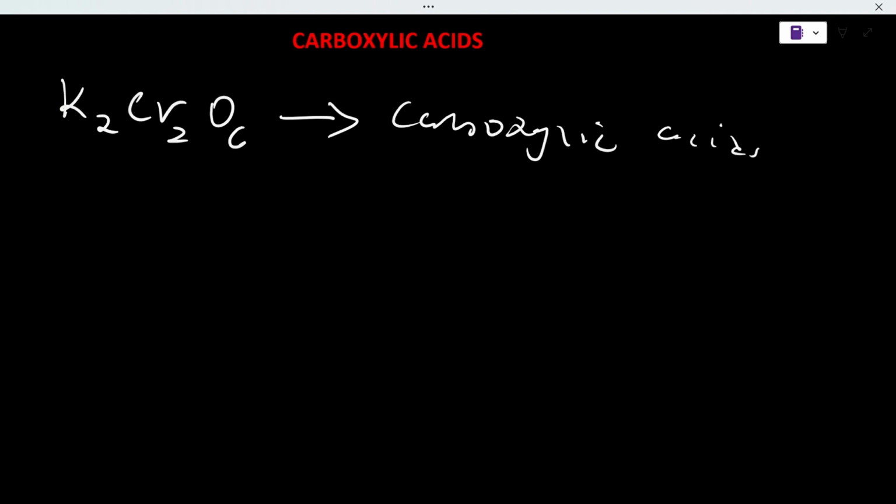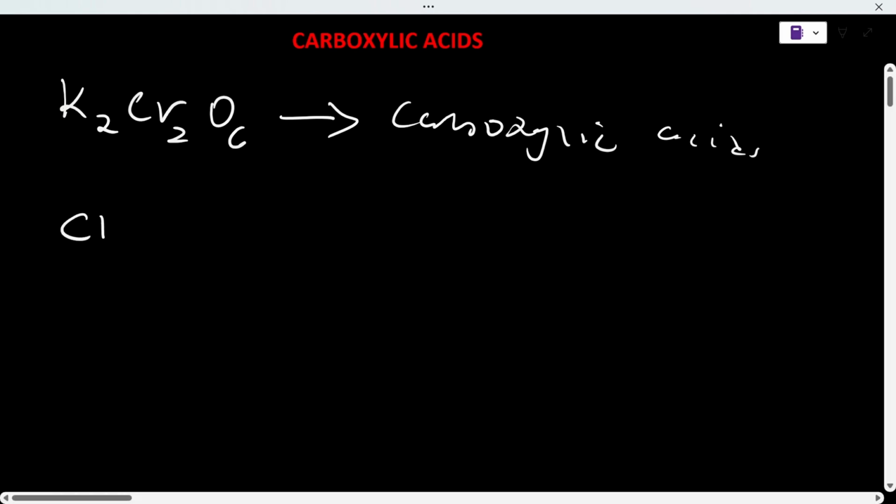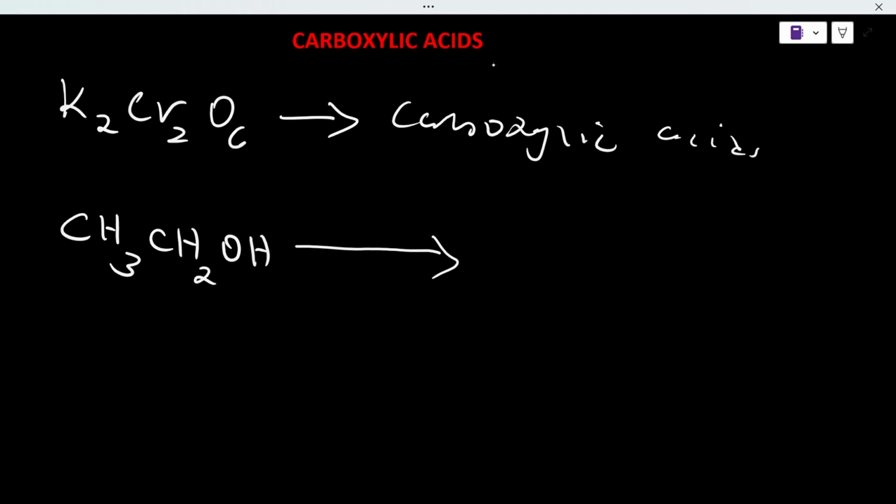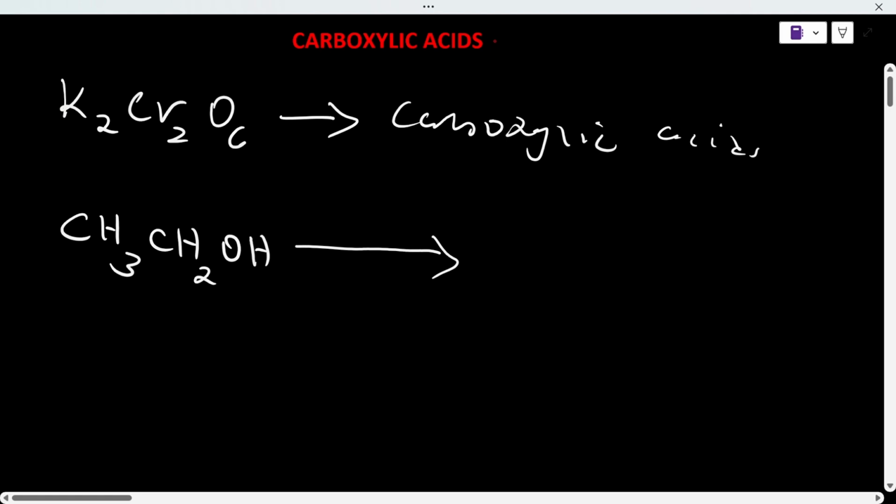So if I want ethanoic acid, the only key thing that I need to do is take ethanol and subject it to oxidation. I oxidize it